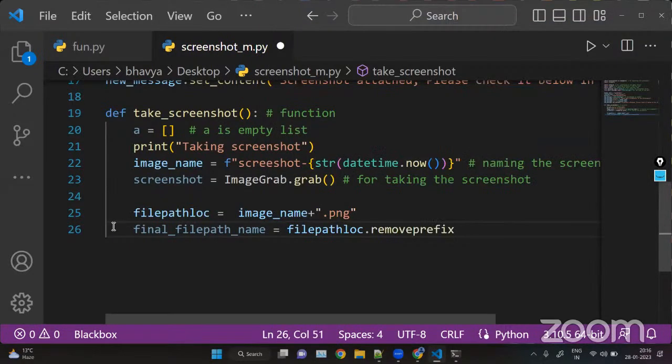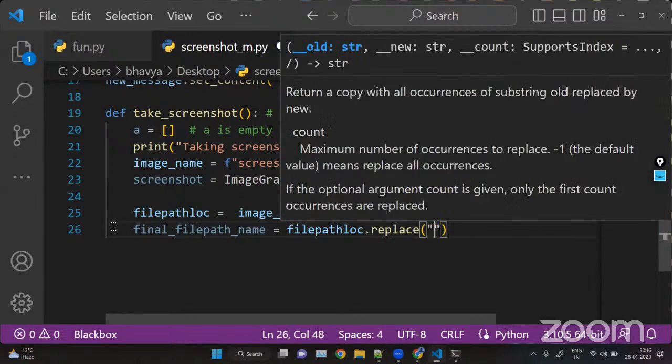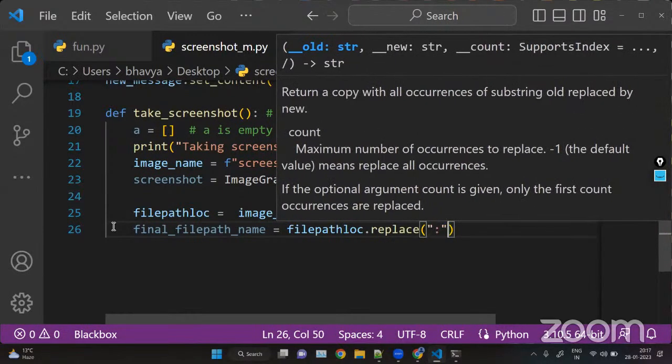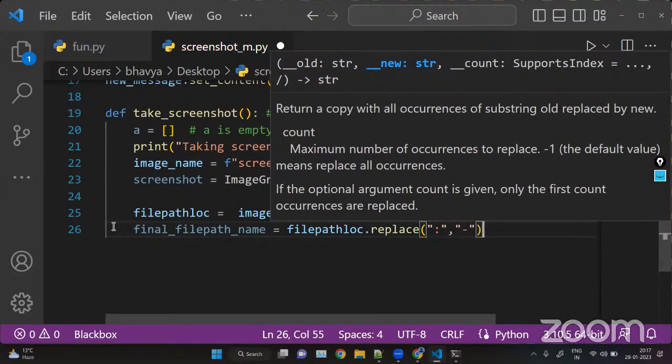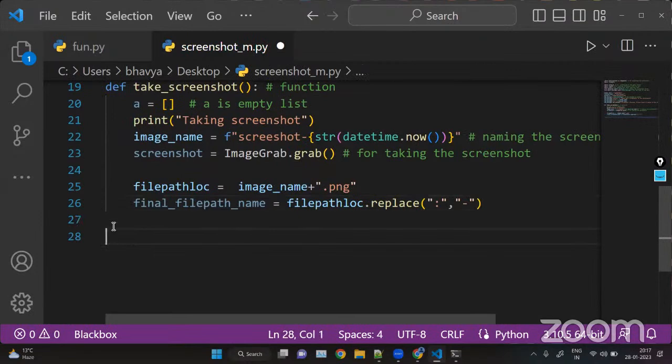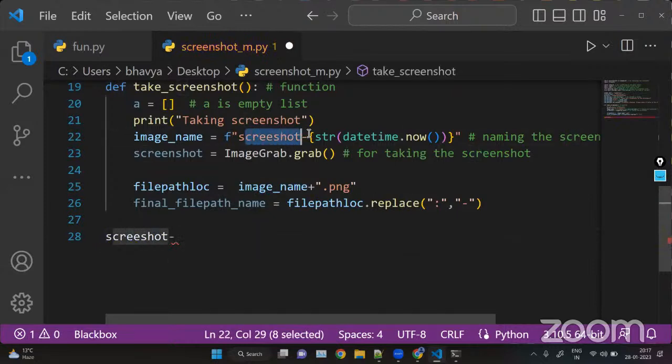Now here we are replacing the colon with a dash. As I said, to name your file, the file name will be like screenshot dash, as it is, and then your datetime now. So whenever your screenshot has been taken, on that particular date or time,